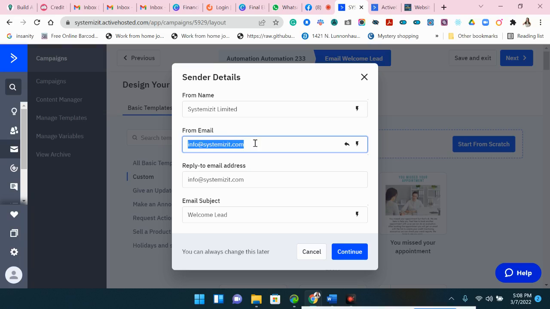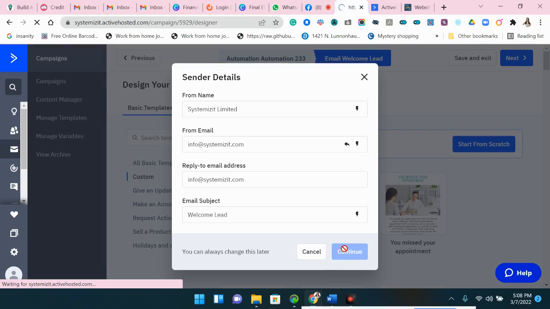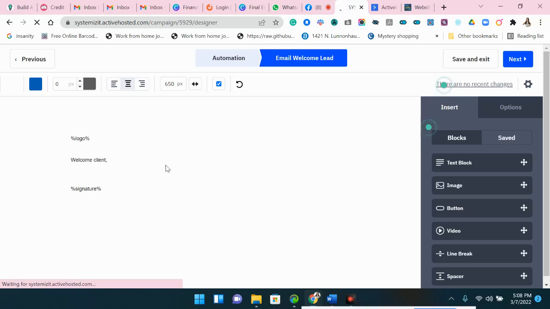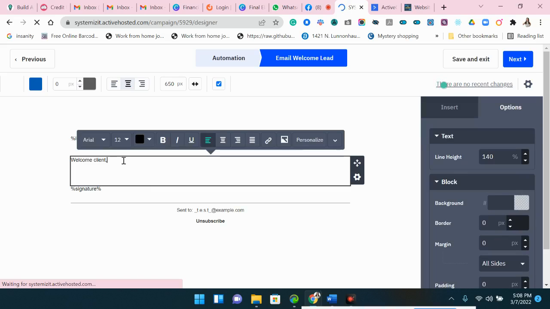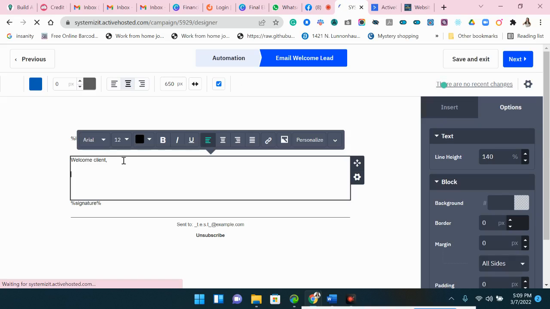It is important that if you use that email, that is the email that is going to appear, but you can also change it if you want to send this specific automation using another email. You can also replace this here. Now let's click on continue. Okay, so now we have the template. We can modify this because this is the automation. So welcome client. If you want to book a consultation,